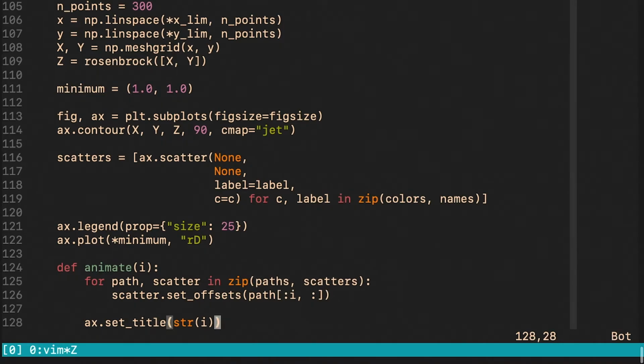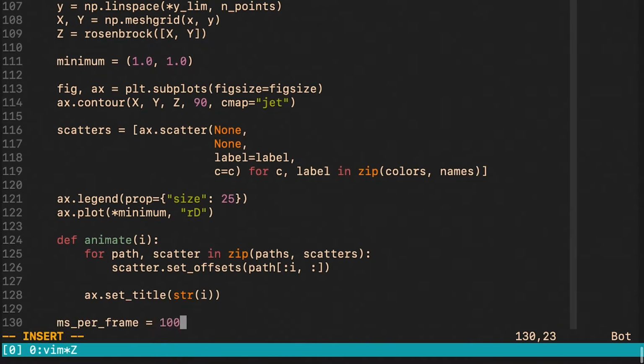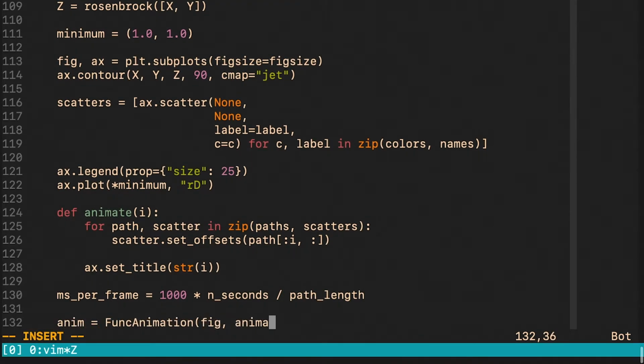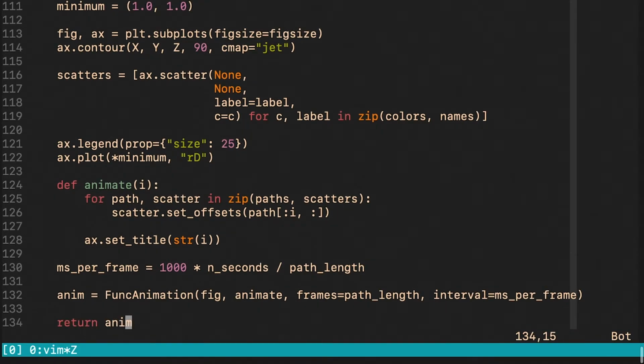We define a function called animate, and we will use it to generate different frames of our animation. And finally, we create a func animation object providing our animate function, our figure, and other parameters influencing how the final animation is going to look like.